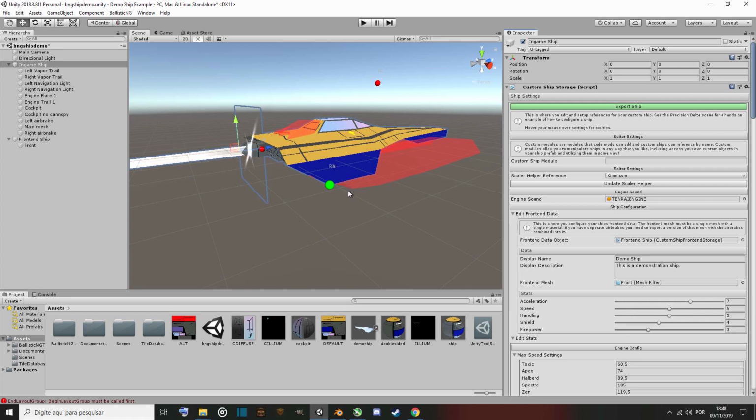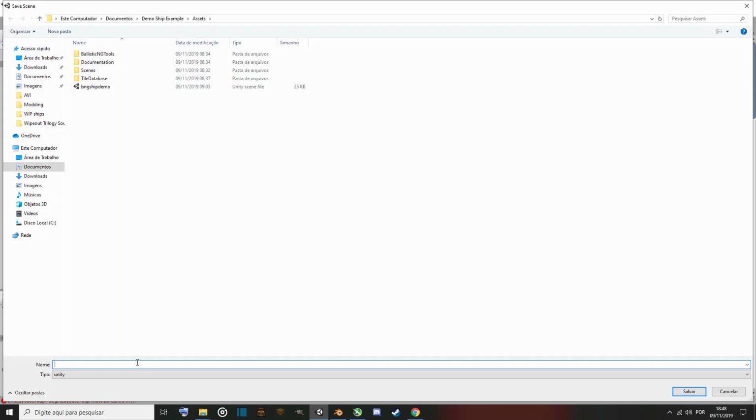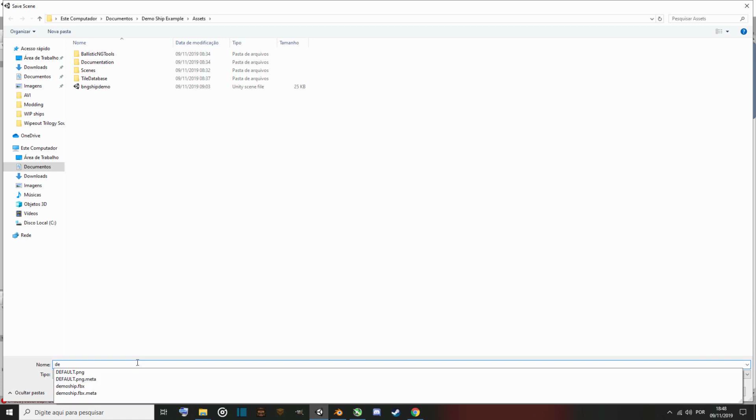So you gotta save your work, right? Because if you don't, you have to do everything of this again, and it's a lot of time. So let's go, file, left click on file up here, save as, type whatever name you want your project to be. So we're gonna type in demo ship,